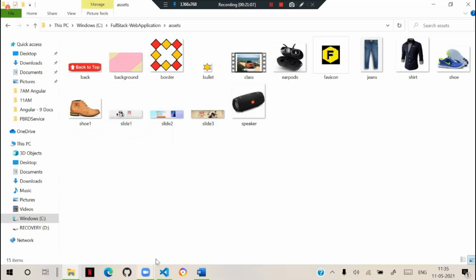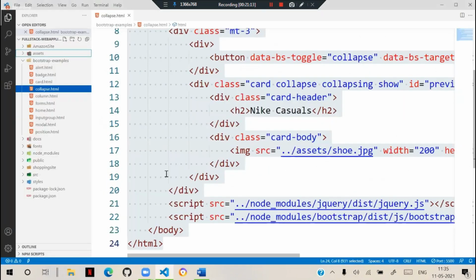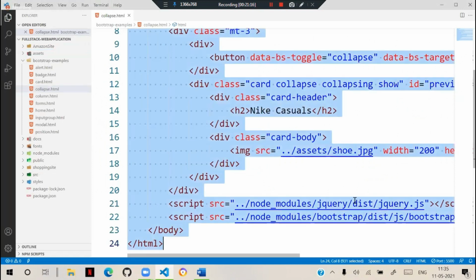Now, how do you handle this? How can we present this? Let's check. For that, these scripts are common in the body section.